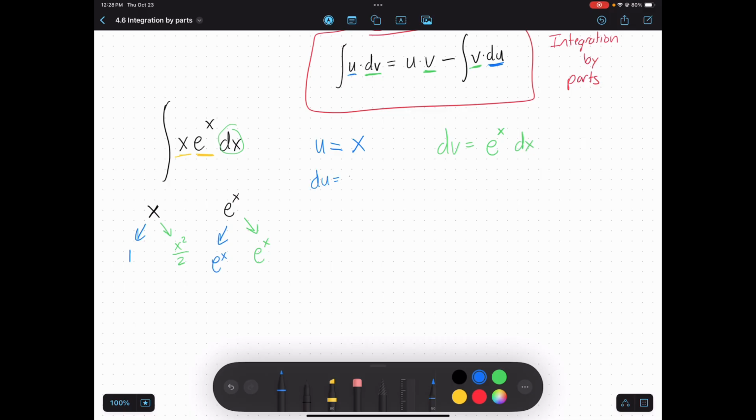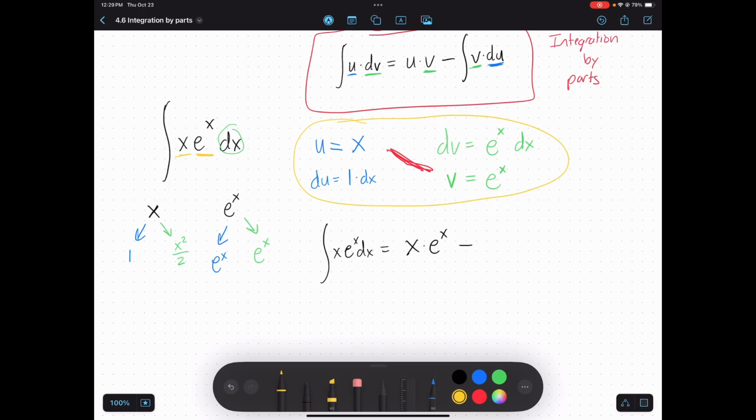So now that we've made these choices, first of all, I need to know what du is equal to. Du just represents the derivative of u, so it's just 1 times dx. And I need to know what v is. V just represents the antiderivative of dv, which we already know is just e to the x. So once I have these 4 pieces of information, I'm ready to rewrite my function. So this antiderivative of x e to the x dx can be rewritten as u times v, these two. So I get x times e to the x minus,